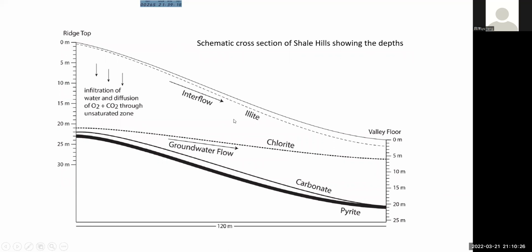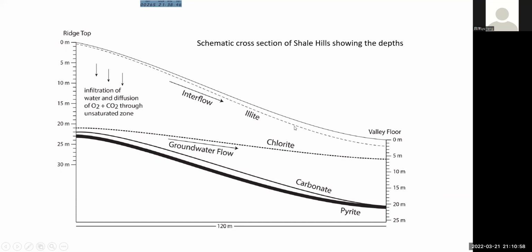How is the chemistry of the area? The pyrite and carbonate are not found on the surface of the watershed. Instead, they are found at quite a depth. Illite is the mineral found on the surface, whereas chlorite is commonly found in the whole lithology. This layering of the lithology will impact the weathering and the interflow, that is the